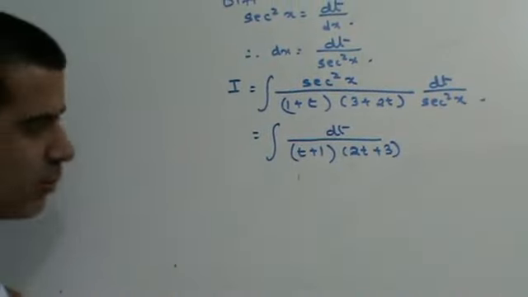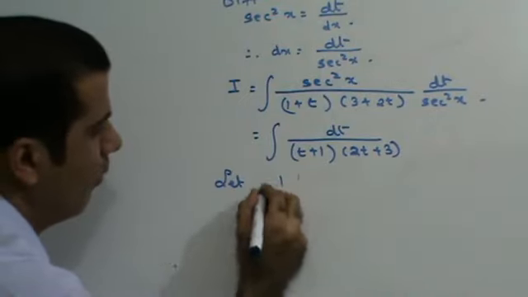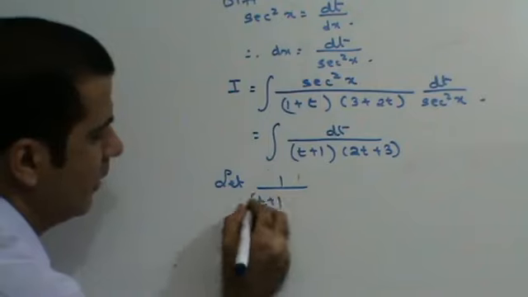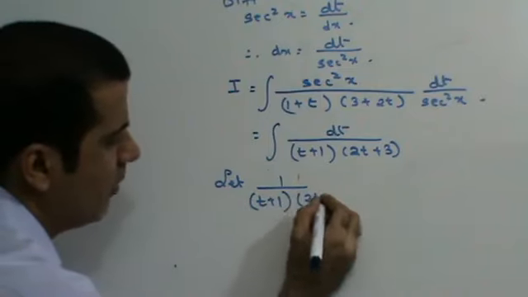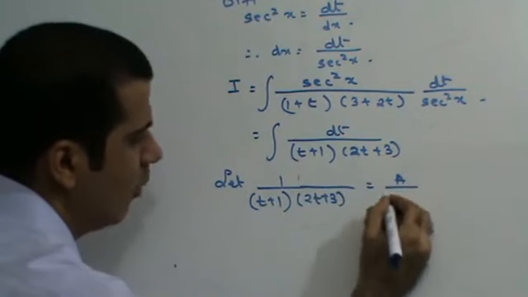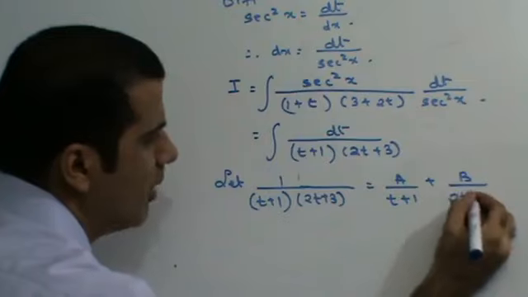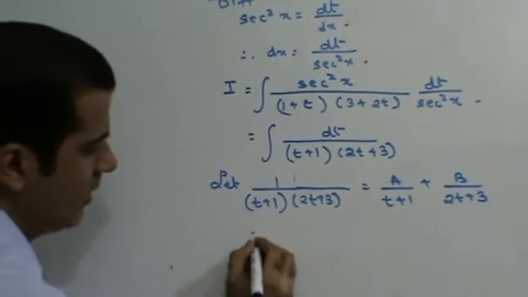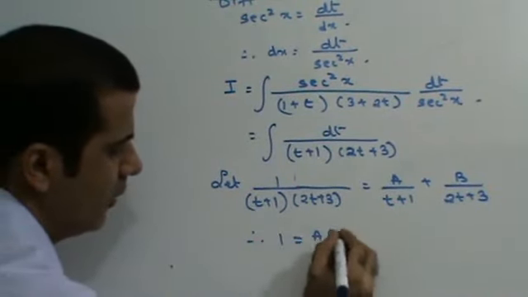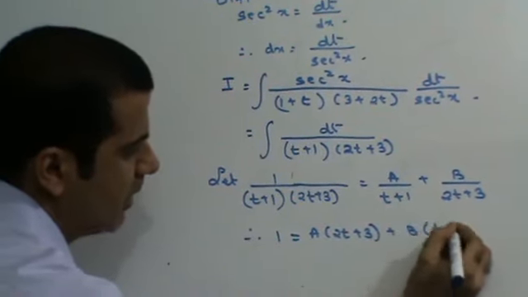Let 1 upon (t plus 1)(2t plus 3) be equal to partial fractions a upon t plus 1 plus b upon 2t plus 3. LCM: 1 is equal to a into (2t plus 3) plus b into (t plus 1),